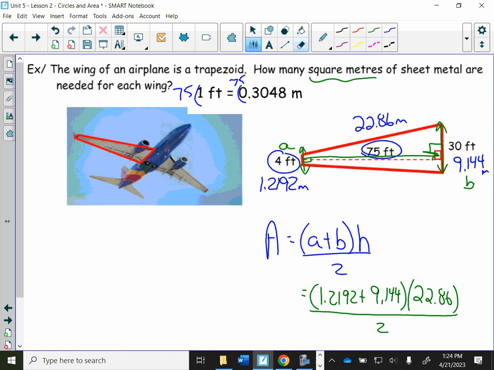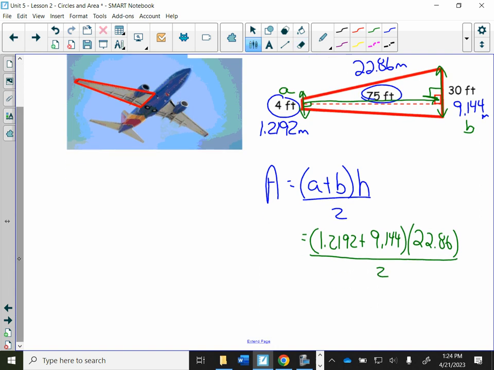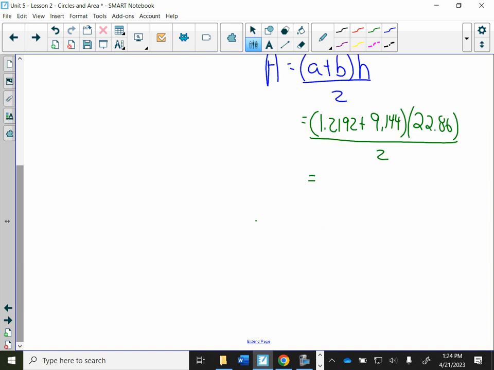Okay, notice I put it in brackets just like the formula to remind myself, hey, we got to do some BEDMAS here. Okay, so BEDMAS says do the brackets first. Figure out what that number in the bracket is before you do anything else. So we'll get what? 10.353